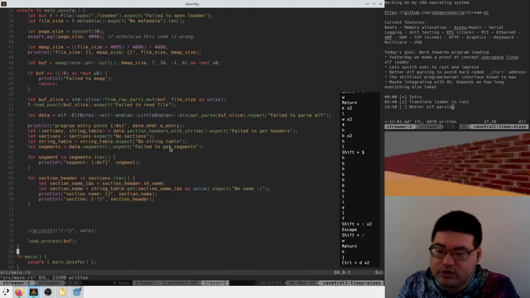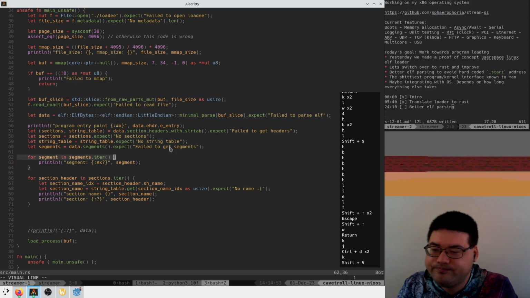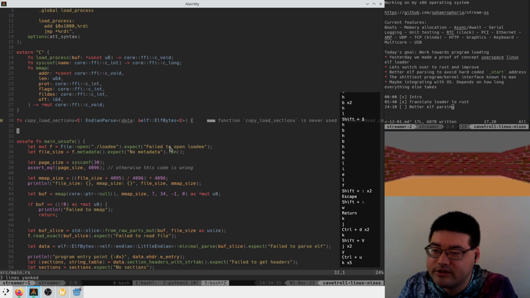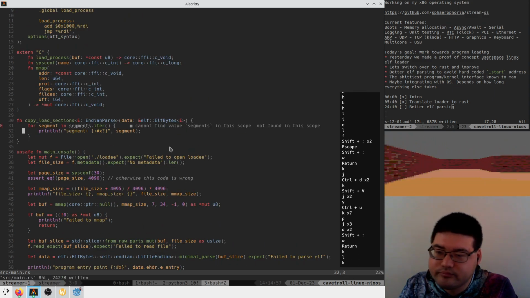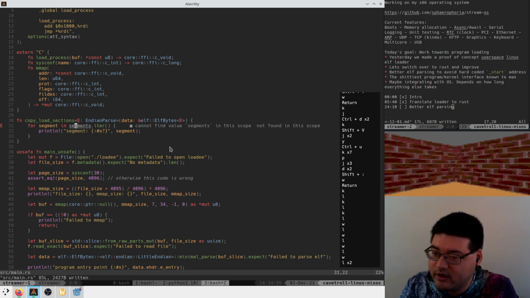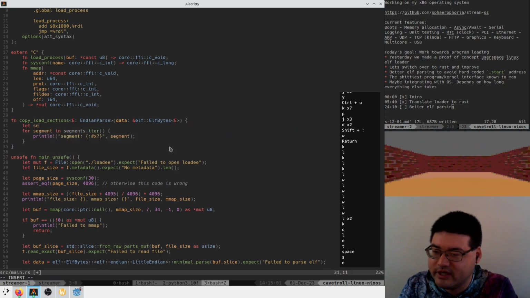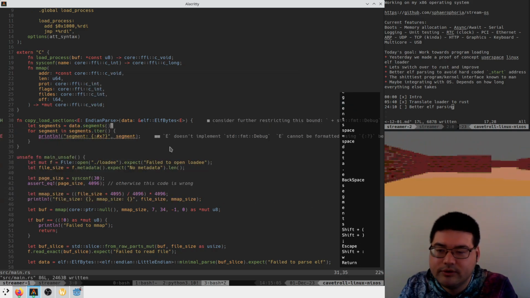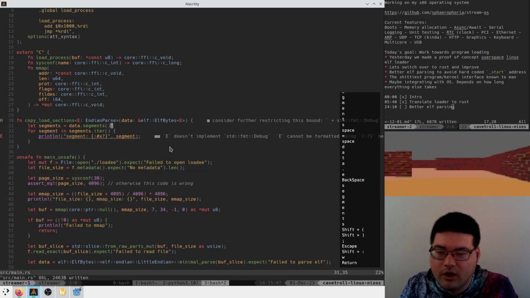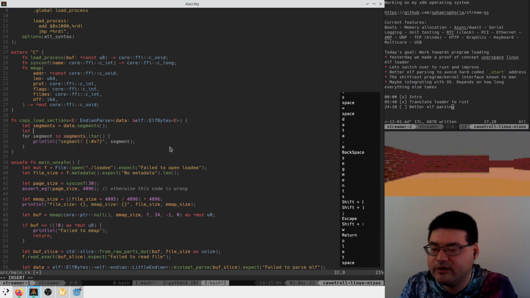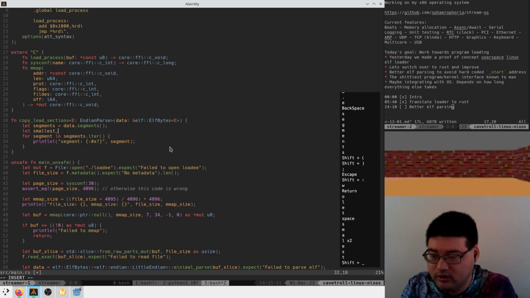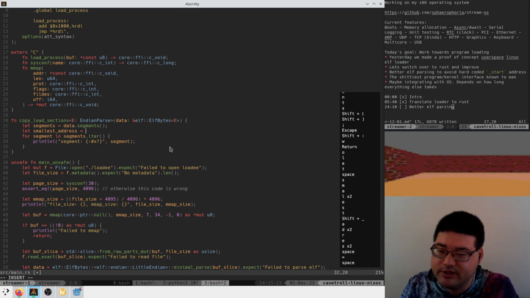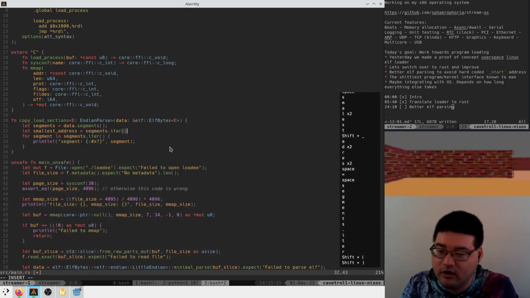And we're going to iterate the segments and find the smallest one. So let segments equal data segments, and let smallest address be segments iter